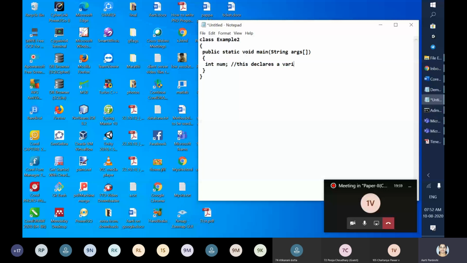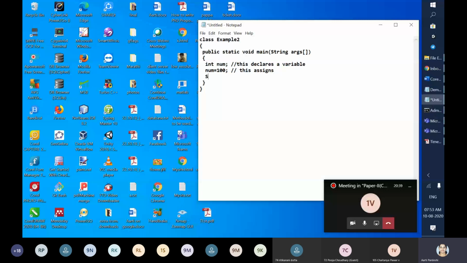This assigns the value 100 to the variable num. The first part, int num semicolon, is called variable declaration. This num equal to 100 is called variable definition or variable assignment.